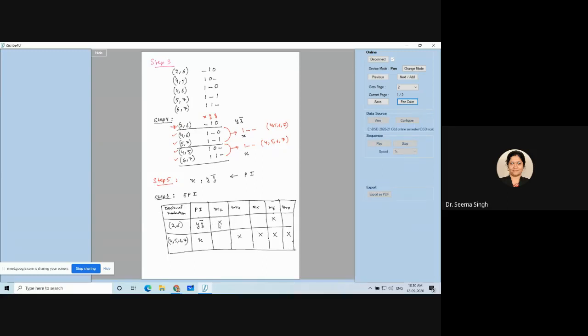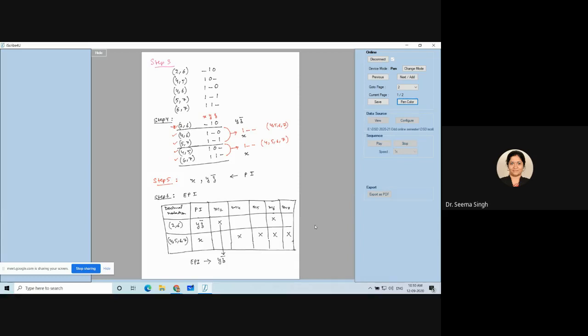So, because M2 is covered only by YZ bar and not by anybody else, this gives rise to one of the essential prime implicants. Because of this M2, YZ bar becomes an essential prime implicant. Till this table is there and till this verification is done, all will be called prime implicants only. Once this table comes and once we do this verification, then only any prime implicant is converted to an essential prime